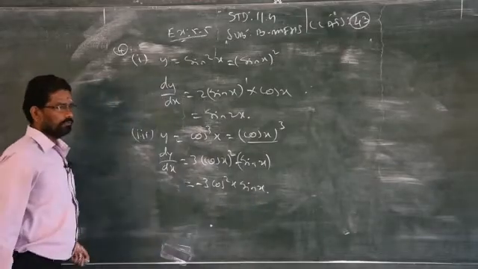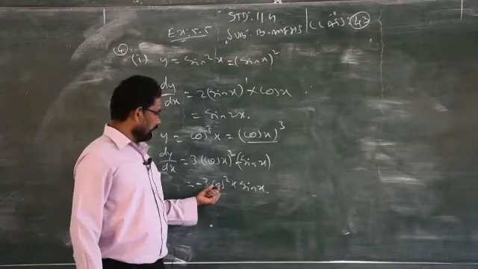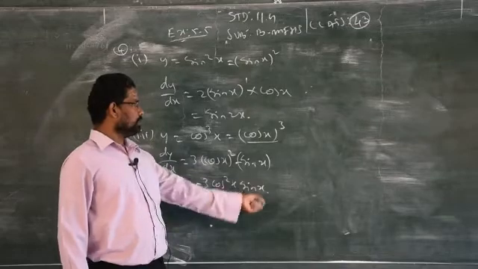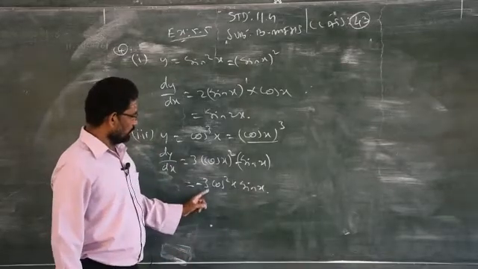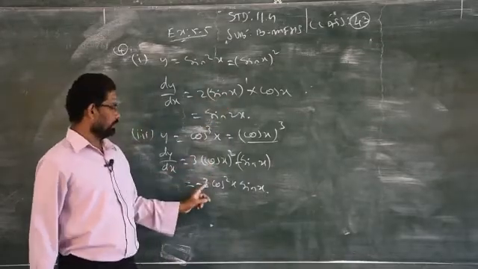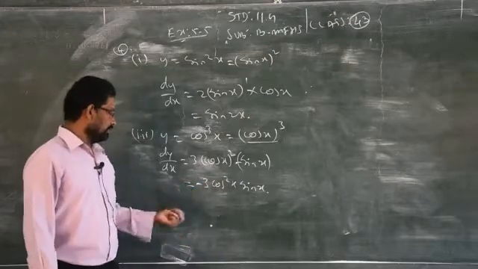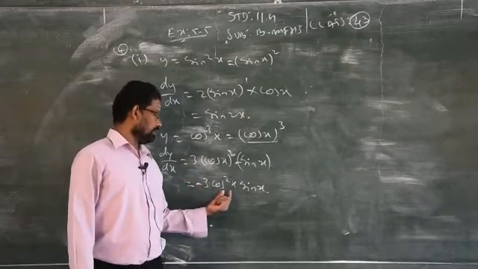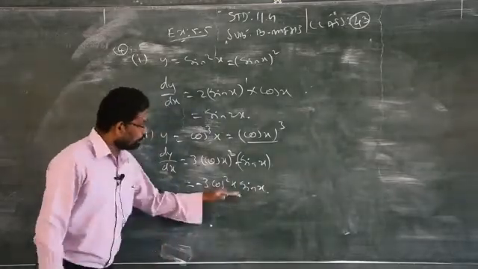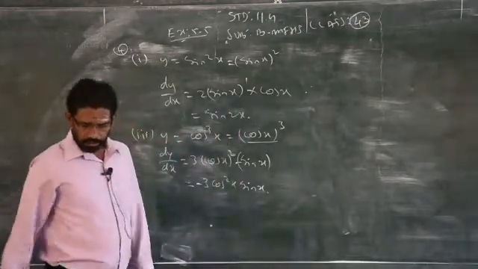That's all. If you want to simplify more, we can multiply the numerator by 2 and divide by 2, then 2 cos x sin x is sin 2x. You will get minus 3 cos x into sin 2x. Just like this model, you multiply the numerator by 2 and divide by 2 without changing the answer. Then you have to separate cos square x into cos x into sin x. Depending upon the answer, you have to simplify more if it is possible. Otherwise you can leave it as it is. They will give marks.